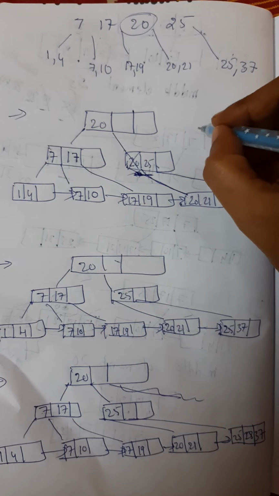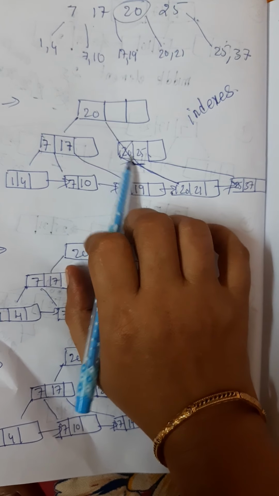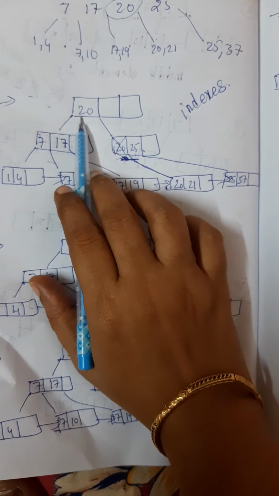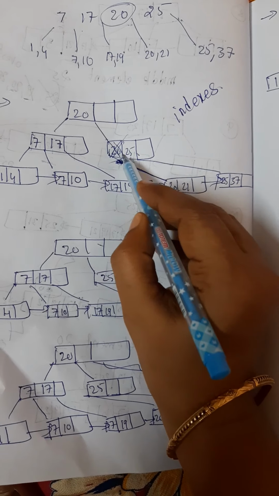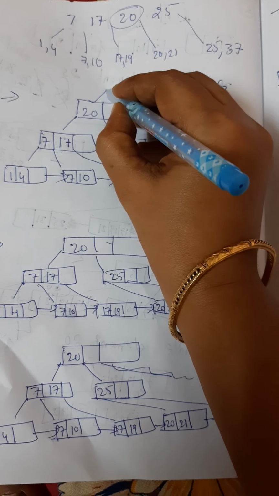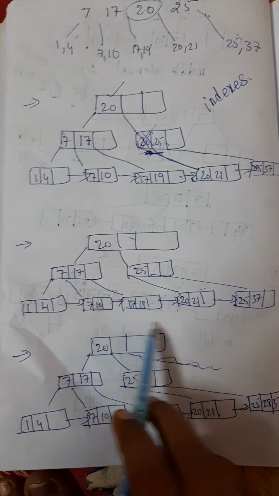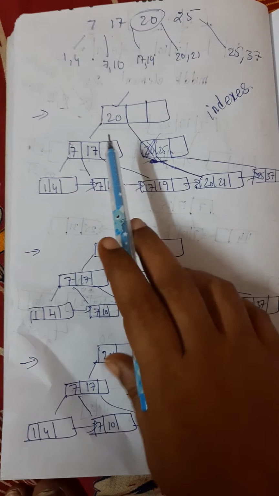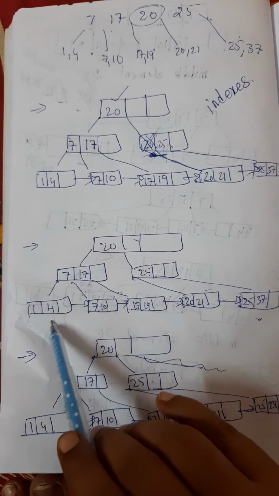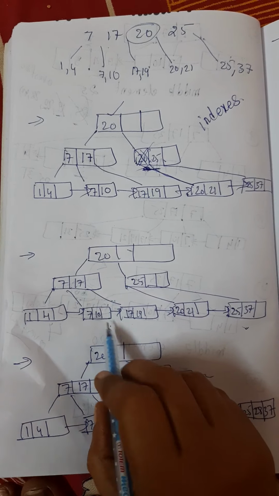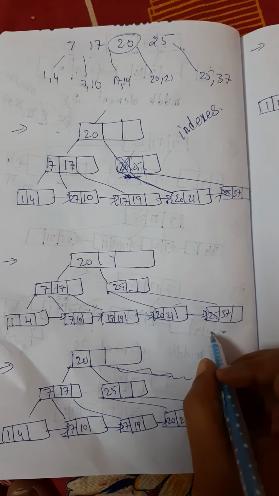Internal nodes are storing only indexes. Here you have 20 index, and here also you have 20 index. It is not required to have 2 indexes here. That is the reason you cancel this 20 index, and you will be having the index only here. So this 20 I have removed here. After removing this 20, 7 and 17, now you have only 25, and the 7 left is 1 4, and this right is this, and 17 right. This 25 left is 20 21, and 25 right is 20.